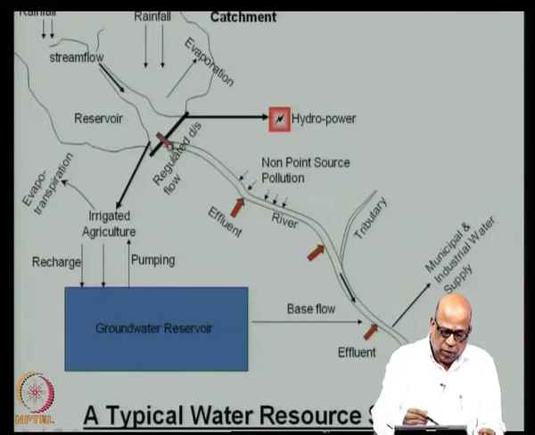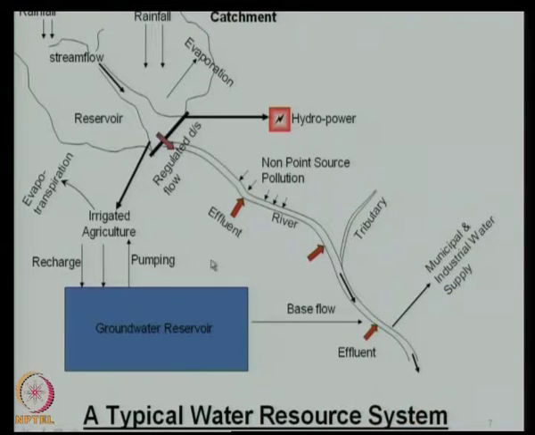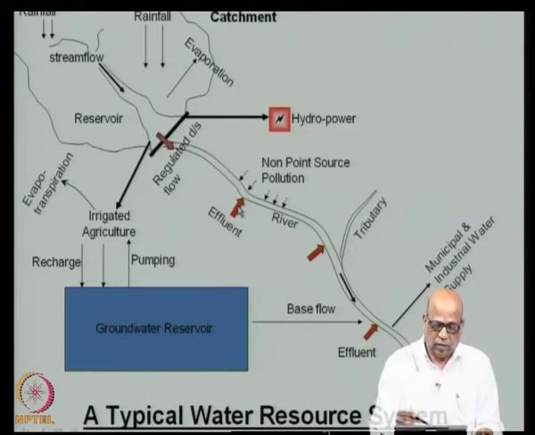Let us look at what is happening downstream of this. Let us say you did not have this dam, then the stream flow would have continued and would have contributed to the flow downstream of this. As you are going downstream, there is also natural rainfall that is contributing to the stream flow here. Now, on the downstream side, there are a large number of industries, let us say municipal and industrial effluents. Effluents are waste discharges that join the stream. There is one effluent here, another effluent here, another effluent here, and so on.